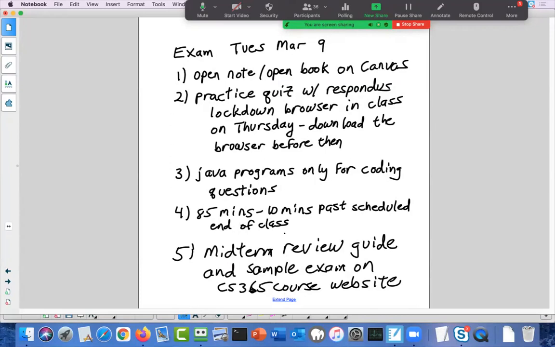And what will happen on Thursday is that we will meet here. Then I'll give you the quiz directions, and you will try to open the lockdown browser to take the quiz, and hopefully all will go well. We'll have you test whether you're able to get through to the Zybook and to the Oracle docs. So that will all be at the beginning of class on Thursday. As for the exam itself,